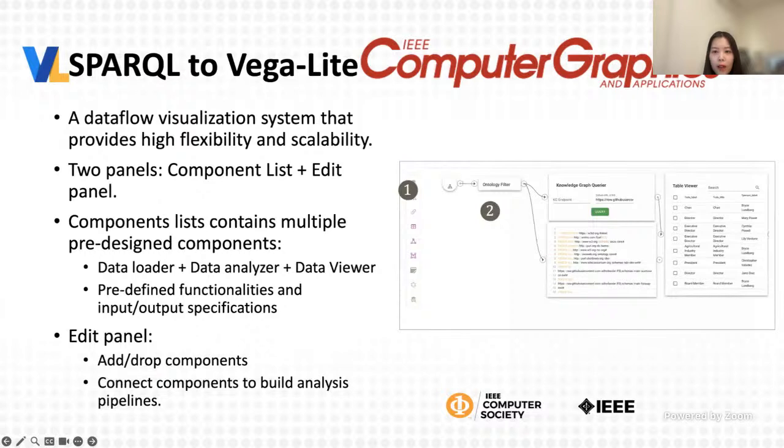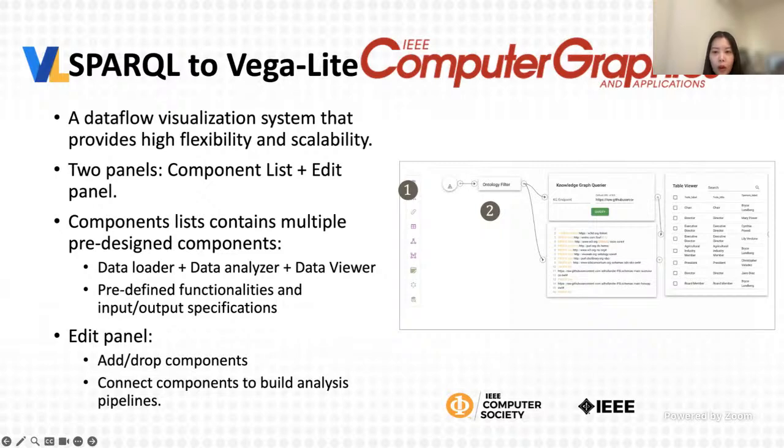We've developed a highly flexible and scalable data flow visualization system. This system allows users to build and customize data analysis pipelines through an intuitive interface with two main panels, the component list and the edit panel. As shown in the right figure, the component list includes a variety of pre-designed components that a user can easily drag and drop into the pipeline. These components cover key functions like loading data, analyzing data, and visualizing the results.